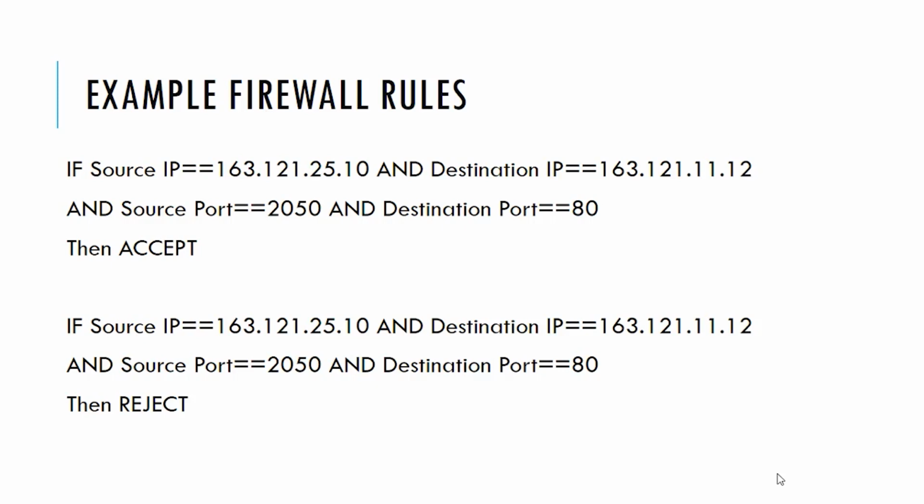These are two examples, of course, they are not on the same firewall. Either this or that would exist on the firewall. These are two examples of a firewall rule to demonstrate what a rule means. It's a condition and an action, a criteria and a decision. If so and so, then take such decision. If so and so, then take the other decision.